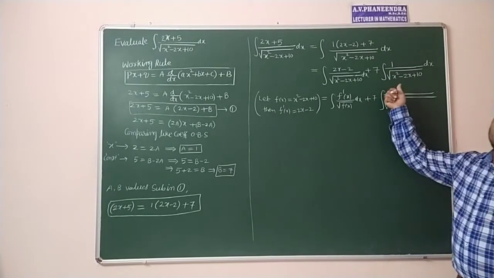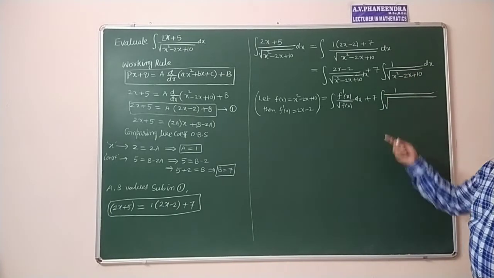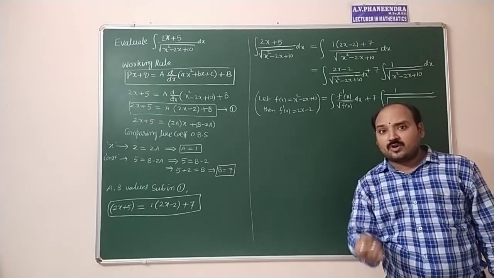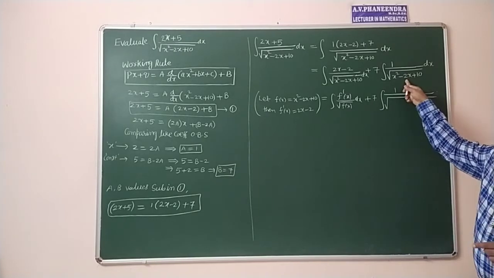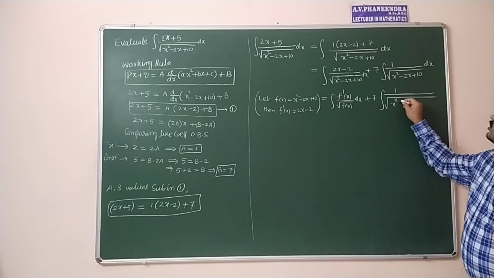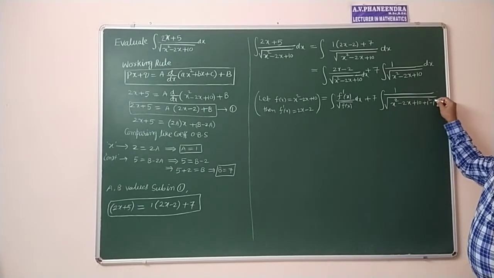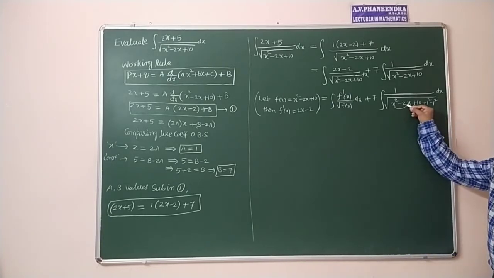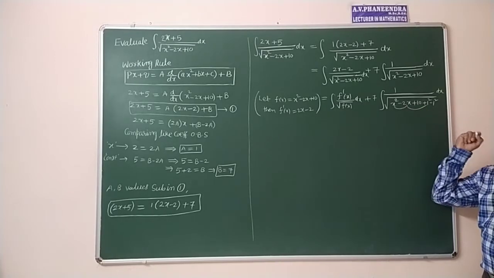First, we have to check whether the x square coefficient is 1 or not. Here already 1 is there. After that, how to make the perfect square? By adding and subtracting the square of half of the x coefficient. Here the x coefficient is 2. Half of the x coefficient is 1. That you have to square it, 1 square. Adding and subtracting: x square minus 2x plus 10, we are adding 1 square and subtracting 1 square, into dx. Now x square minus 2x plus 1 square, a square minus 2ab plus b square, is the expansion of a minus b whole square.